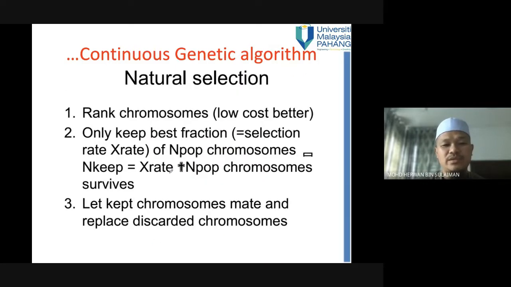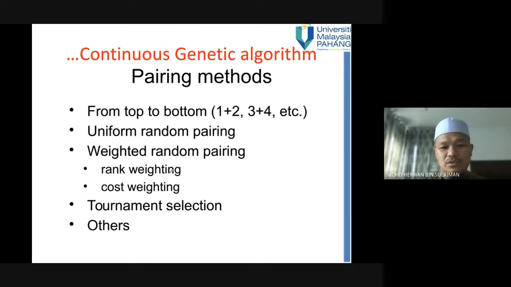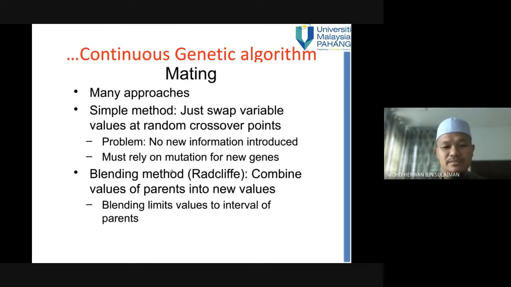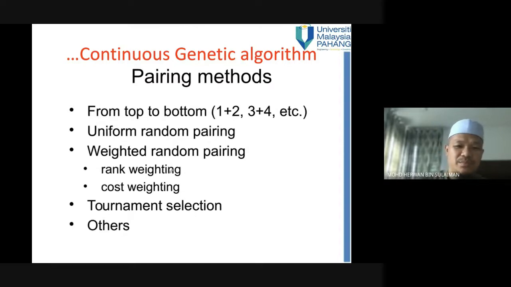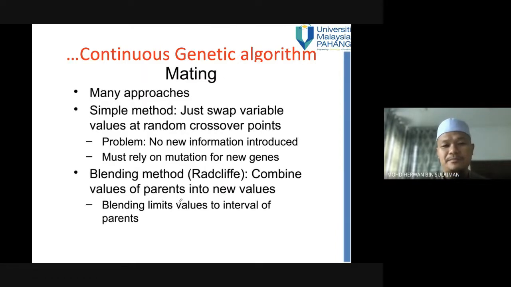And then we do the natural selection. You can use the rank chromosome, or similar with the binary you can use roulette wheel and so on and so forth. Or this one is pairing methods, this one pairing, or you can use weighted random pairing, or you can use tournament. Okay, so it depends. And then mating or crossover, you just swap variables similar with the binary, you just swap, or